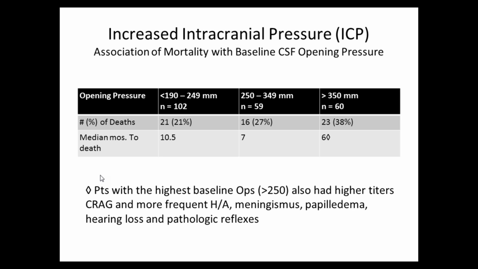Now, one of the problems that comes up is that people with cryptococcal meningitis have increased intracranial pressure. And by that, what I mean is that they may be obtunded, and then you do the LP and you put a manometer on them, and their pressure goes greater than 250. And this shows you the numbers of deaths that occur based on what people's opening pressures are. And you can see that the death rate goes up the higher the opening pressure is, right? It goes from 21 to 27 to 38%, okay? So if someone has a high opening pressure, it's important to keep an eye on that person. And there are several things that you can do